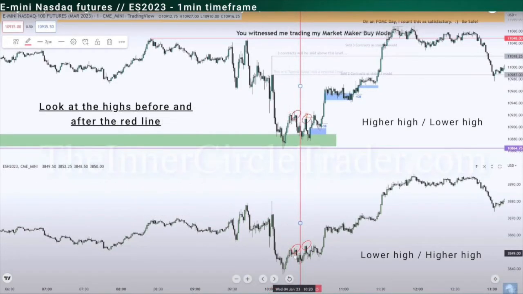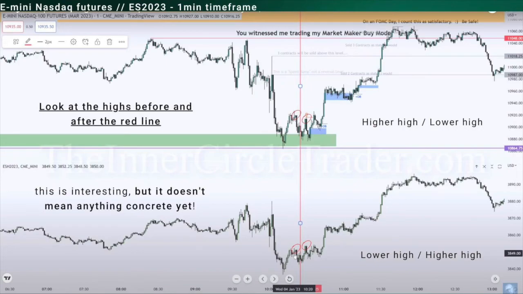Now we keep moving the red line, and we are going to look at the highs before and after the red line. On the Nasdaq, we can see that we have a higher high and then a high that's a little bit lower. What about on the bottom? Here we can see a lower high and a higher high. This is interesting, but it doesn't mean anything concrete yet. This is just a discrepancy, but we still see two highs on both sides of the red line. And it's something that kind of rings a bell for us, but it doesn't give us a specific meaning